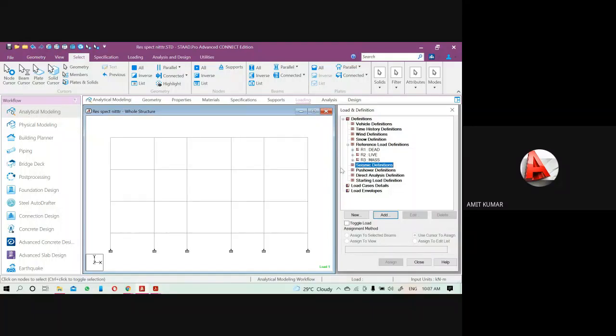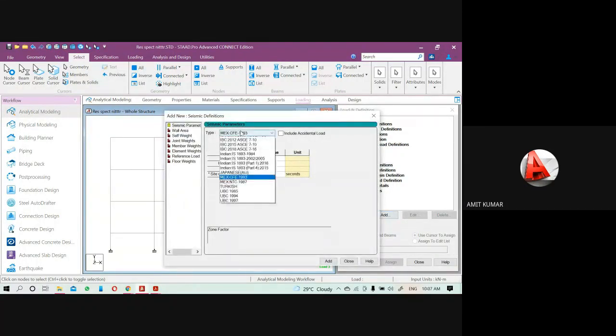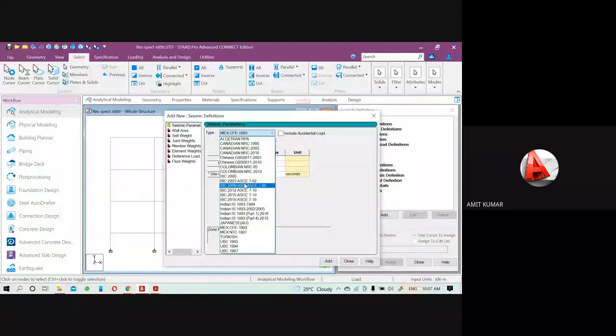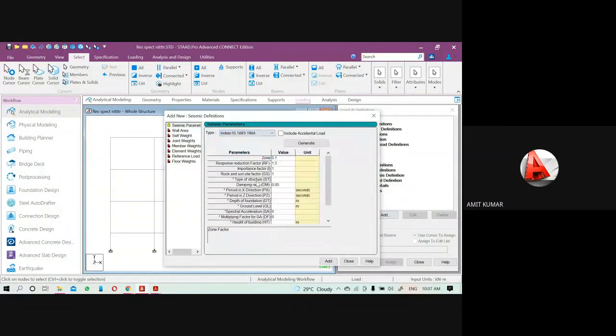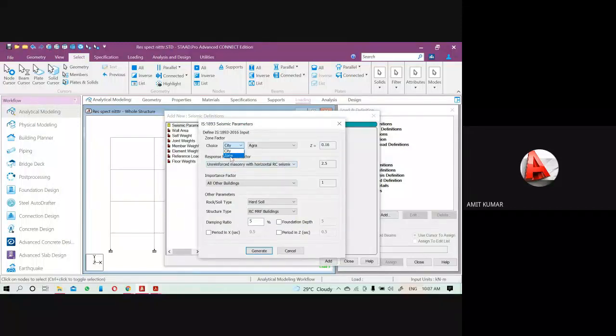Okay, let me see it. Come to the seismic definition, add, just wait, generate. Zone 5, RF 5, important building, soil medium, RC MRF building, 5%, generate.